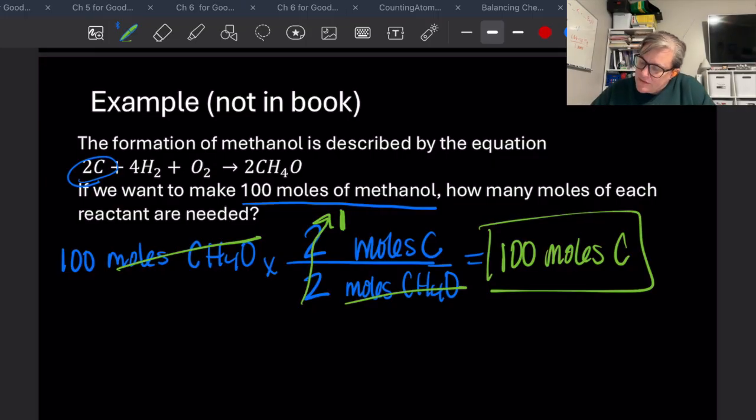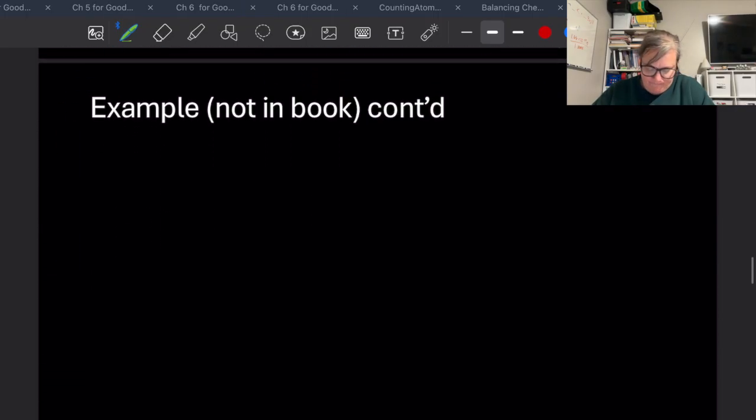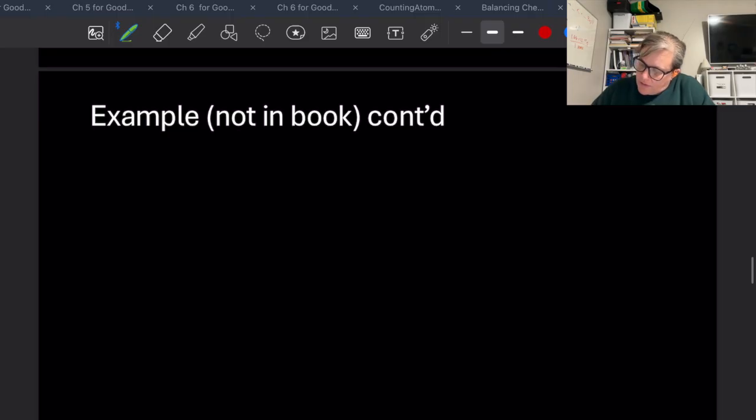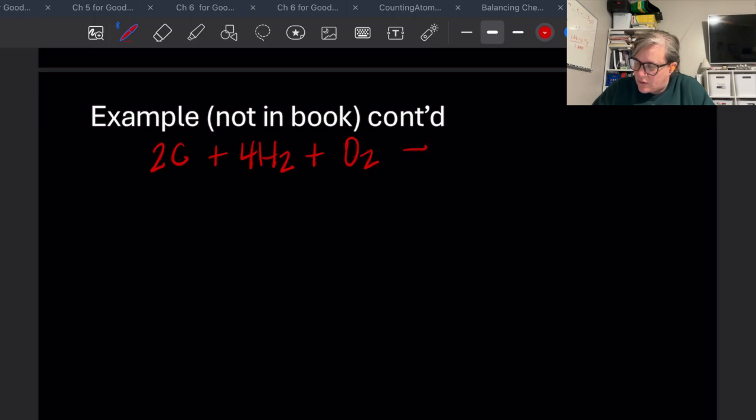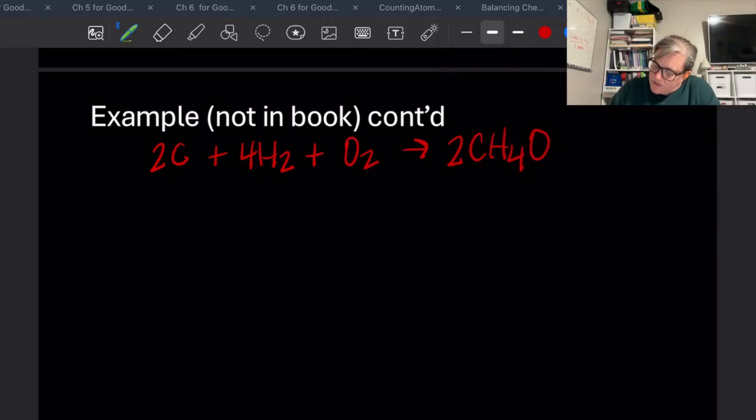All right. So let's go to the next page to do hydrogen. Okay. So our equation is 2C plus 4H2 plus O2 yields 2CH4O. Okay. All right. So we already did carbon, so let's do hydrogen now. So we started out with 100 moles of CH4O,